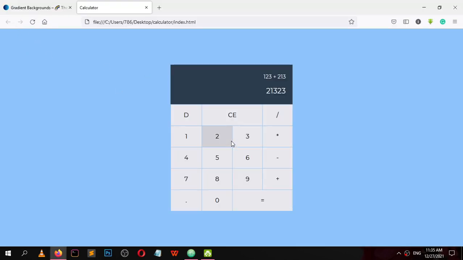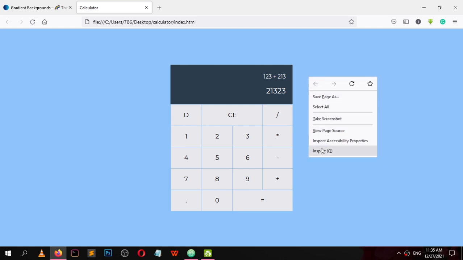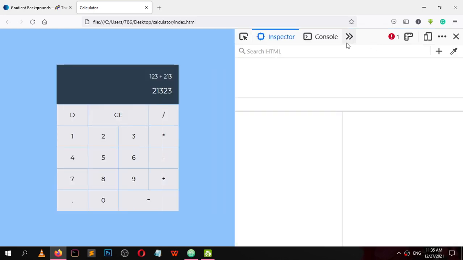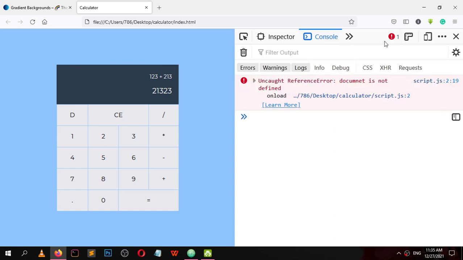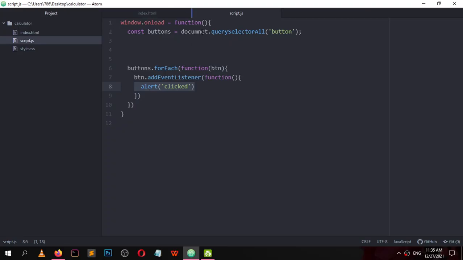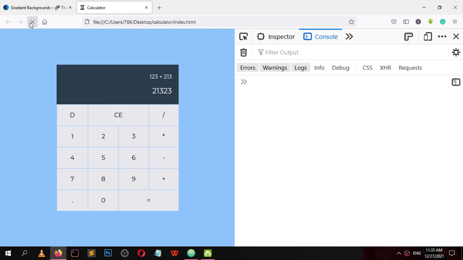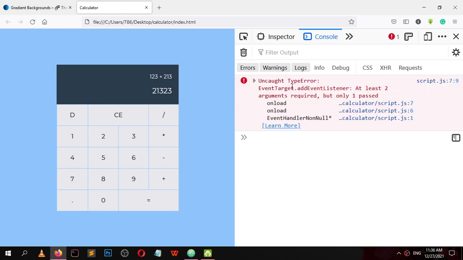We can reload and check. It isn't working. Inspect. There is a minor mistake, a spelling mistake in document. Document.querySelectorAll button. Now reload. Type error: event.target.addEventListener, argument required, but only one passed.